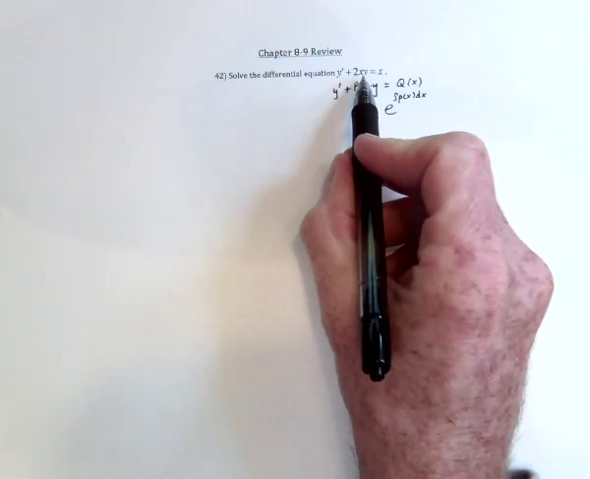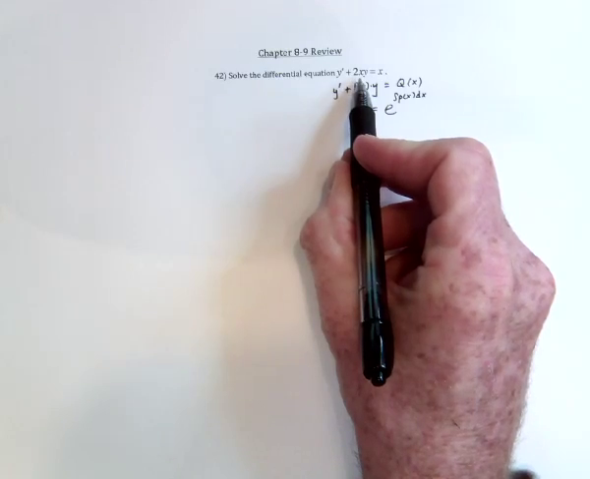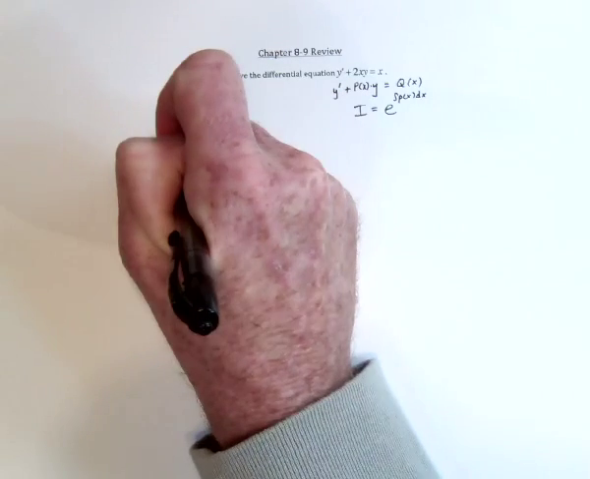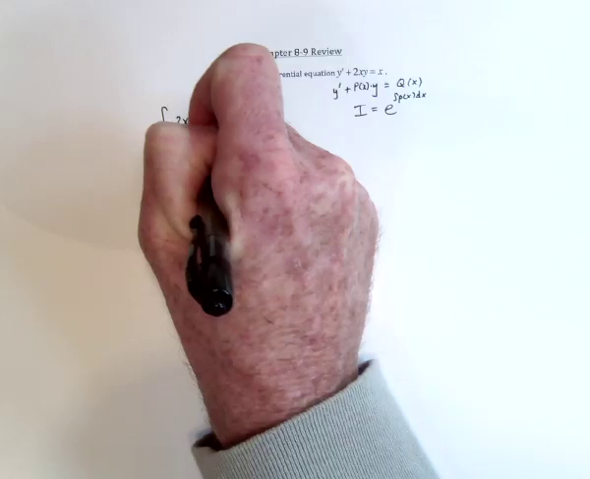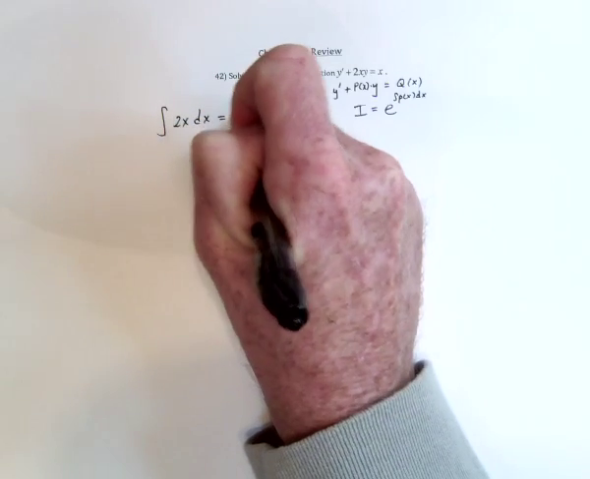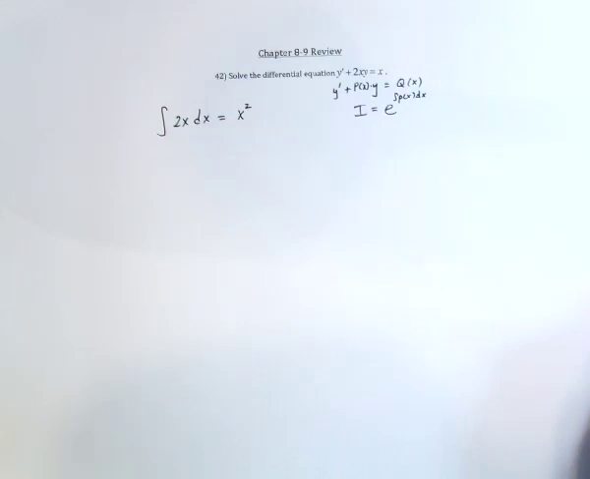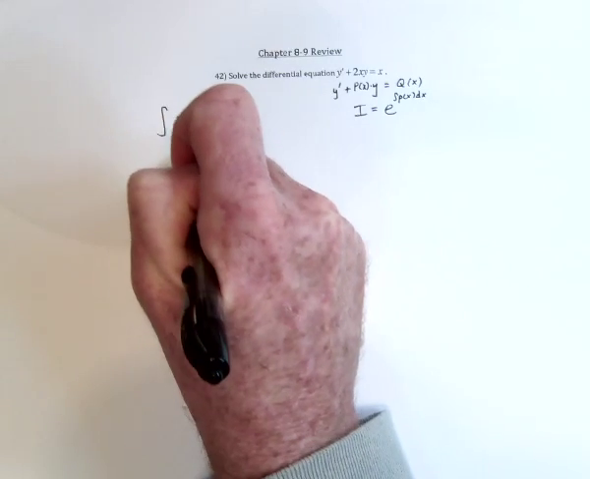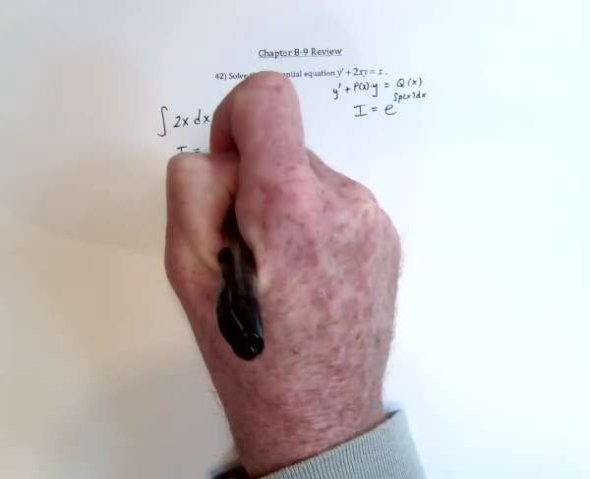So this 2x is the p of x, so we need to integrate that first of all, which is x squared, of course, and we don't need a plus c, we'll do that at the very end. Then the integrating factor is going to be e raised to that,